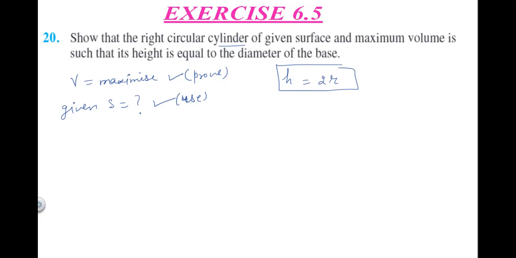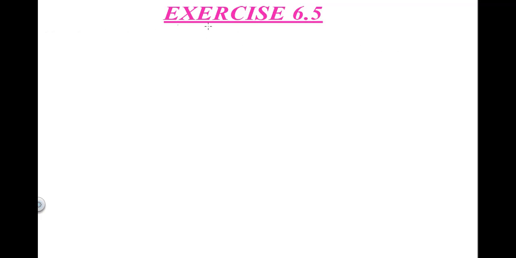Clear? So now for homework, what you have done till now is exercise 6.5, questions 1 to 15 you have done already, right? And from 15 onwards I have discussed some questions. So in your notebooks you will complete questions 15 to 21. Fine. So you are going to try these questions in your notebook and do come up with doubts.